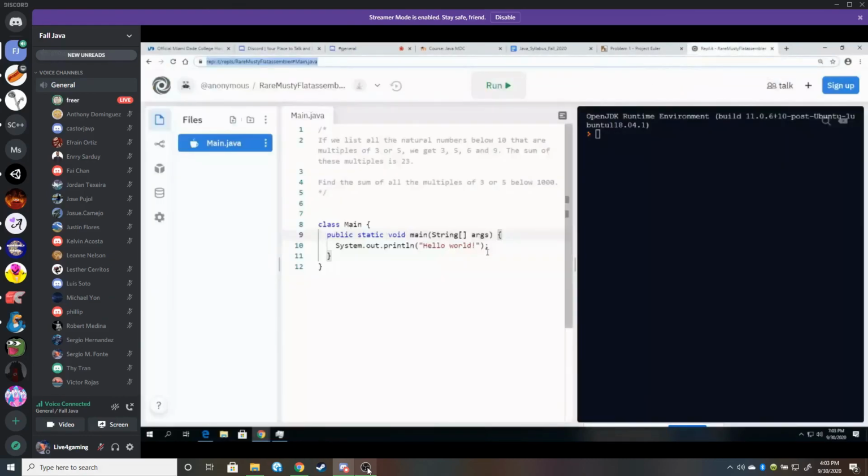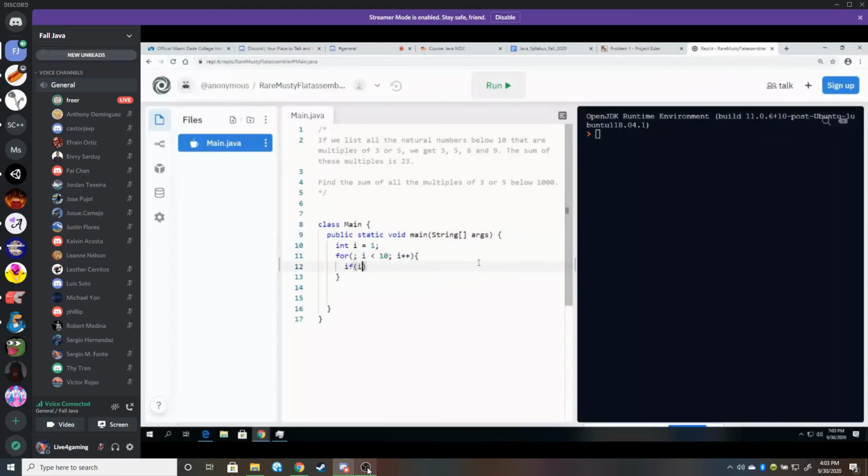Okay, so we need a loop, right? And with our loop, we're first going to go with all the natural numbers below 10. So we'll have an int i equals 1. We'll say for i is less than 10, i plus plus.